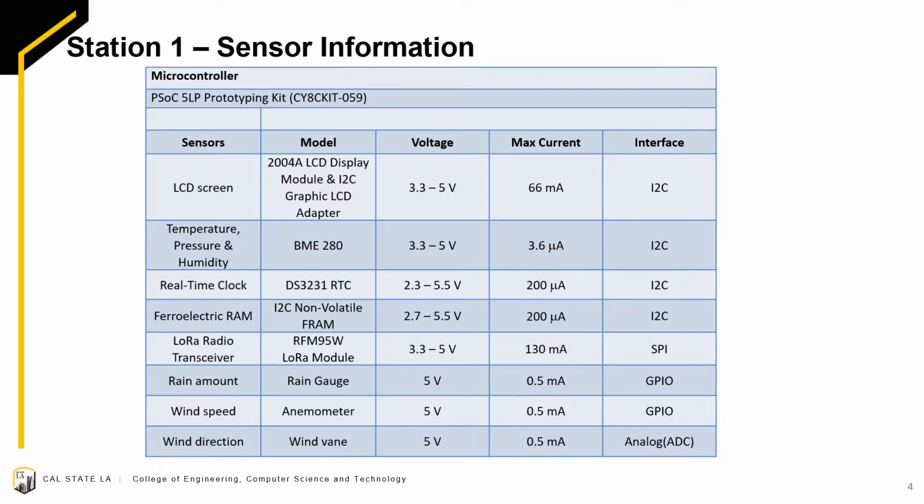For our I2C modules, we had to connect them all in parallel to our I2C ports on our PSoC 5. We can then communicate with them by using their unique 8-bit addresses. Then we had a LoRa module which is connected to our SPI ports. For the rain gauge and anemometer, we had to connect these to digital GPIO pins. We then had to use a module on PSoC called a counter